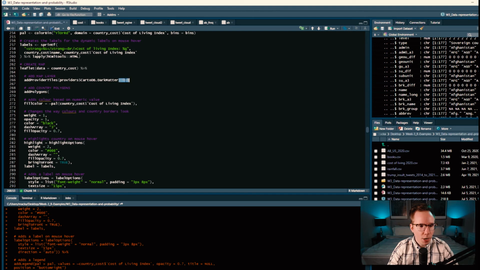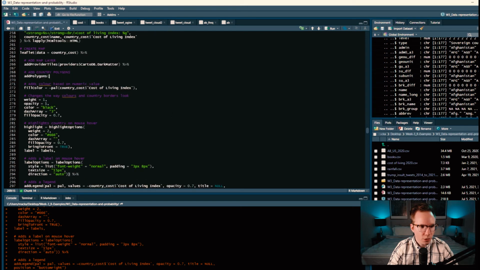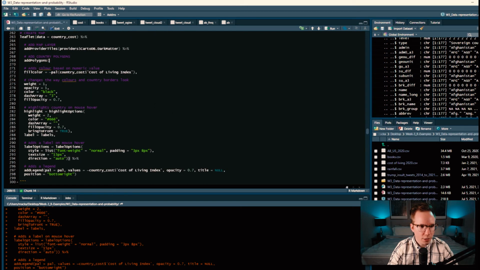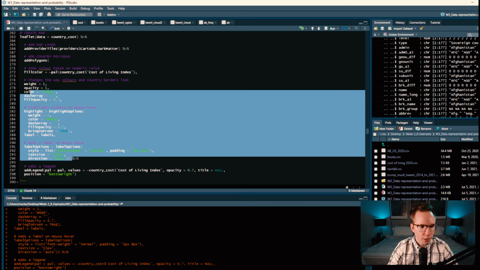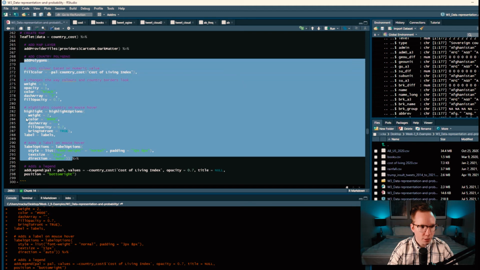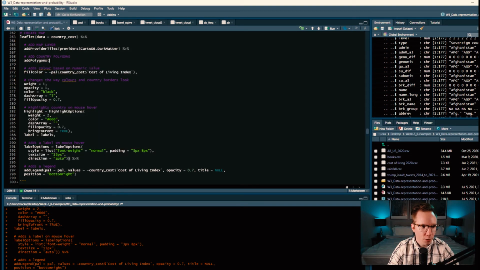Then we can pipe this into the addPolygons function. So you can see here, for formatting reasons, the polygon function has a lot of information in it. All of this code right here is encapsulated in the addPolygons function. But because it's so much information, I wanted to